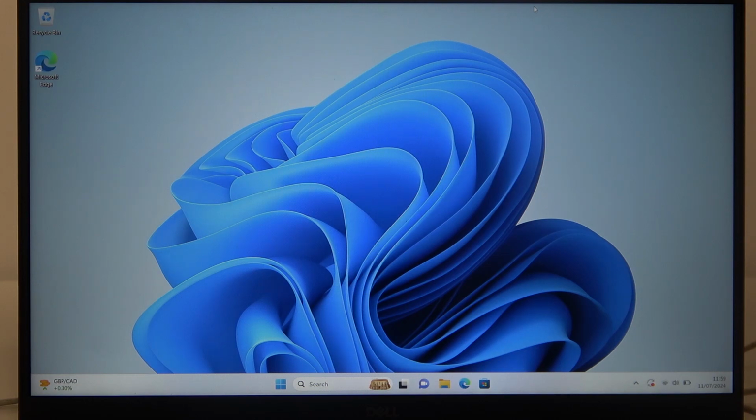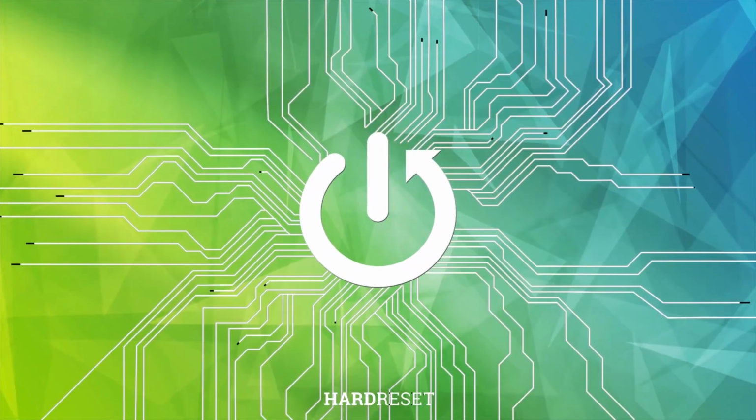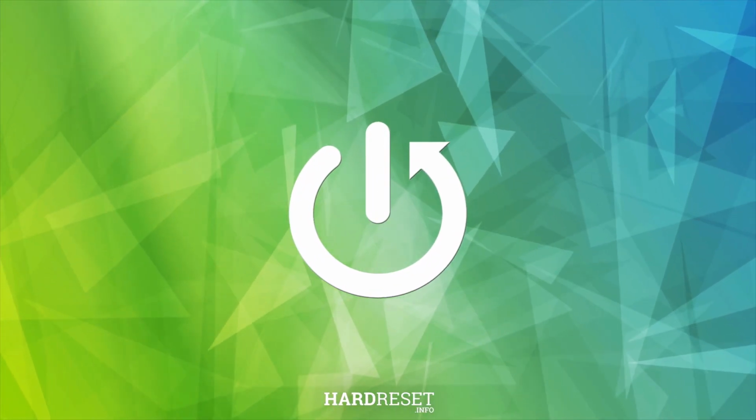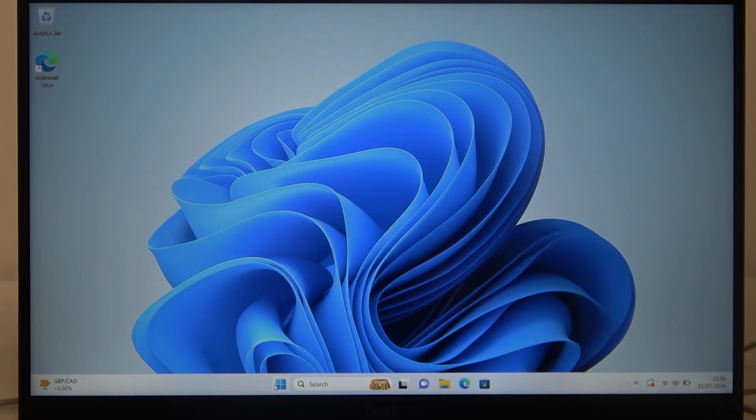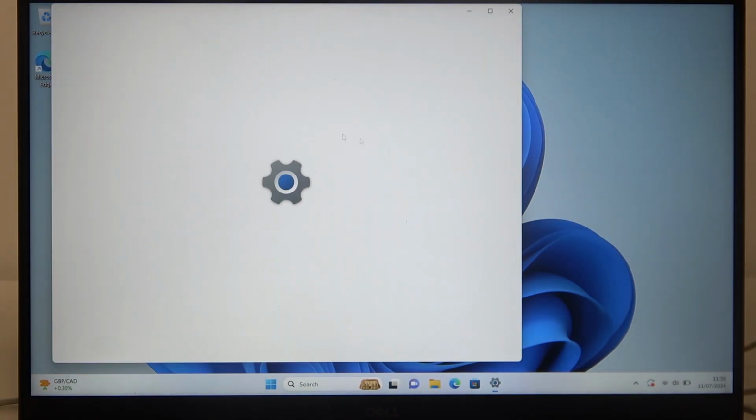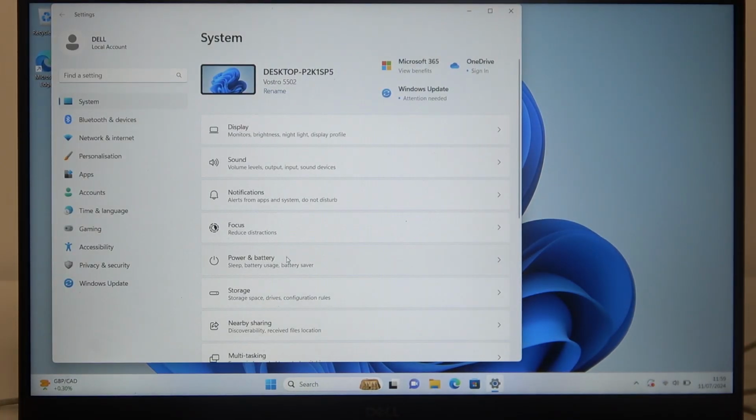Hello, in this video I want to show you how to enable or disable and manage battery saver on a Dell laptop. To do this, first we'll need to click on Start, navigate to the settings, enter System, go for Power and